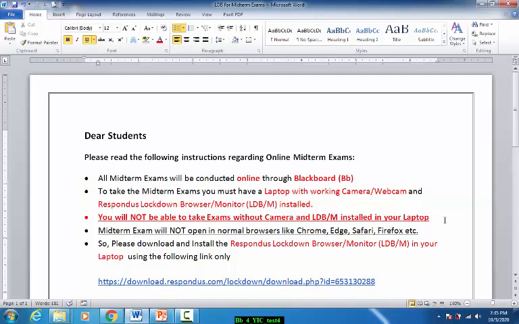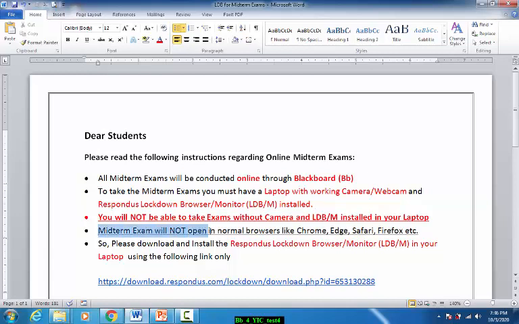If any student complains that he does not have a camera in his laptop, let him come and take the examination in one of the rooms. When you give the exam online to all other students, let those students come and take the examination in front of you. Believe me, they will not come. A laptop with a camera is not a luxury anymore; it is a minimum device every student will have.